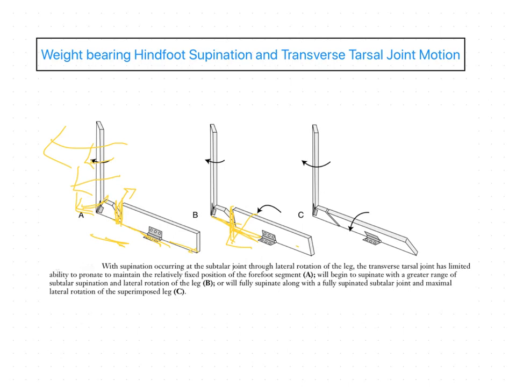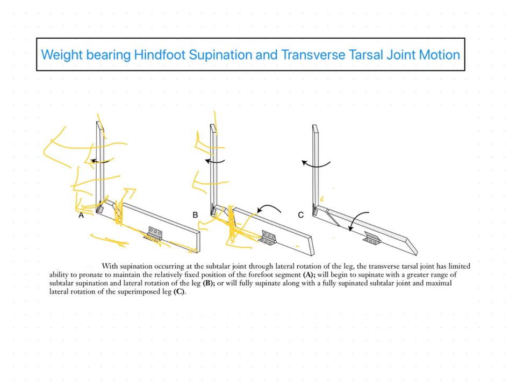In this figure we can see the subtalar rotation begins in this segment, in B. The forefoot begins to supinate with a greater range of subtalar supination and lateral rotation. If you observe, the lateral rotatory force is increased, or when we stand on uneven terrains, that also increases the lateral rotatory force, which causes supination of the subtalar joint to an extreme point of supination, which causes the transverse tarsal joint to begin to supinate. In this third one, the subtalar joint is fully supinated with maximum lateral force of the leg,